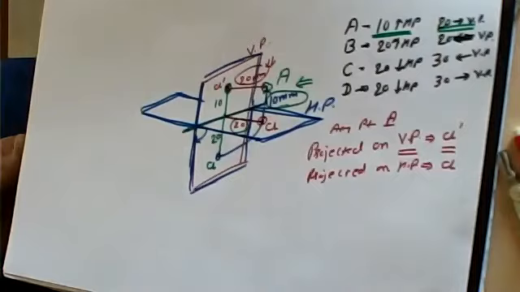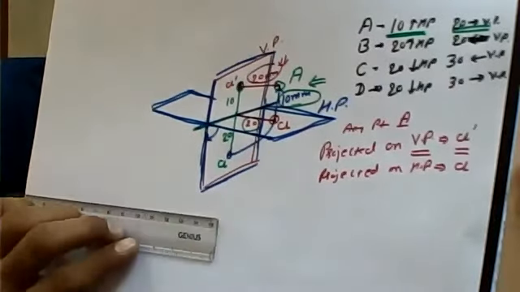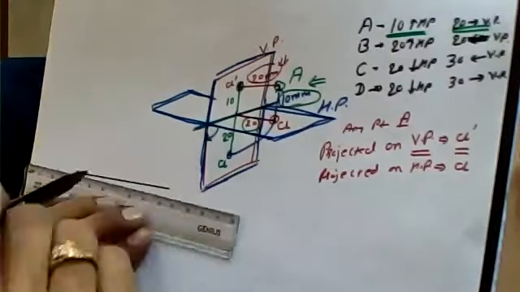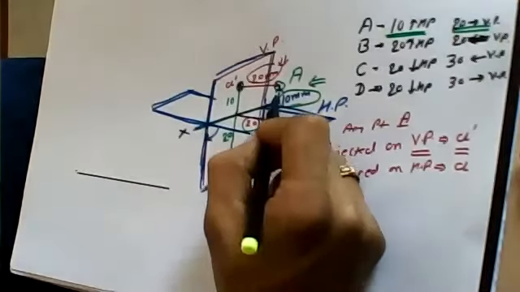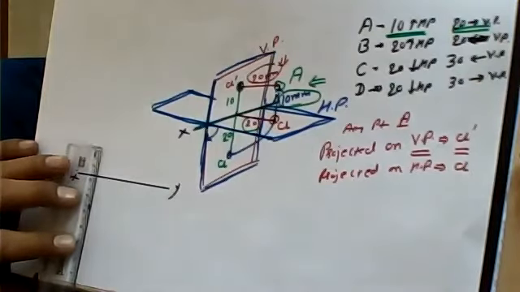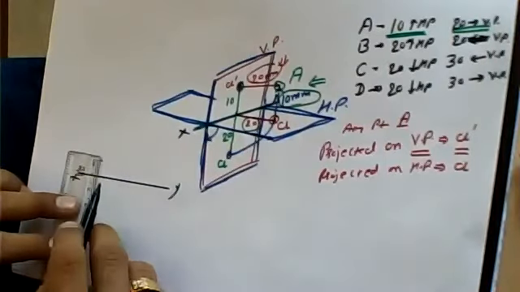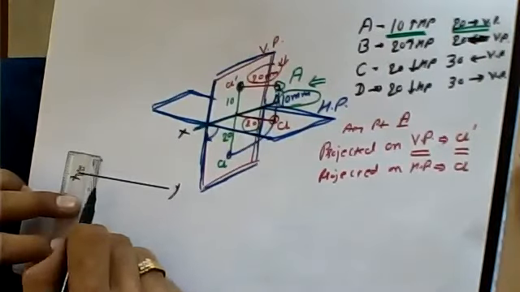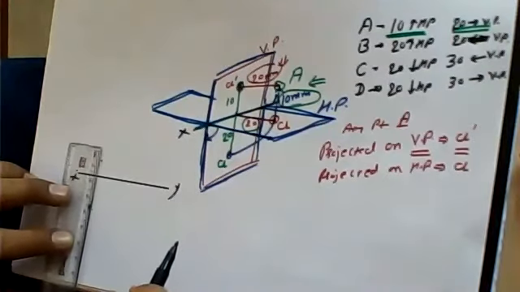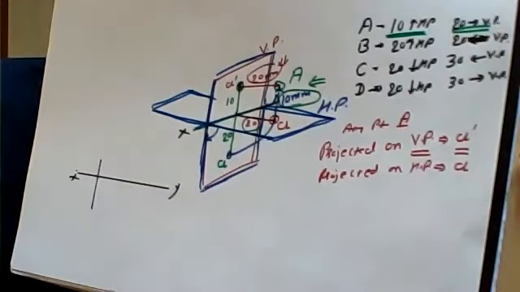Now how exactly we draft this one? So for that what we do, we place a reference line and it is going to be considered as XY. This is going to be the XY reference, and from XY reference we are positioning, you are able to see, point 10 mm above the reference and point 20 mm below the reference. This is going to be 20 mm and this is going to be 10 mm, and I'm connecting that one. And which are these positions?